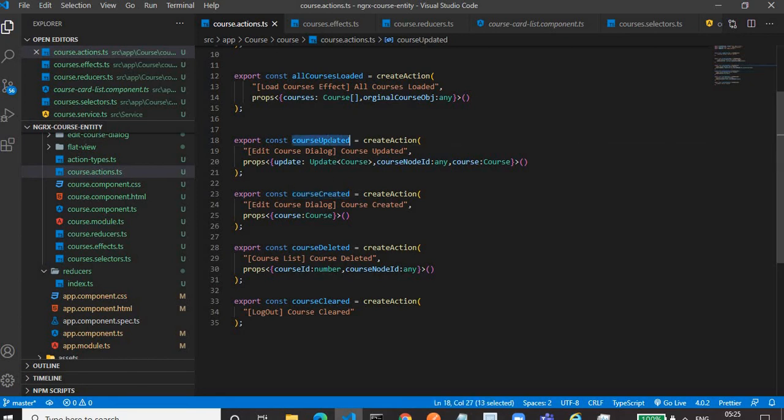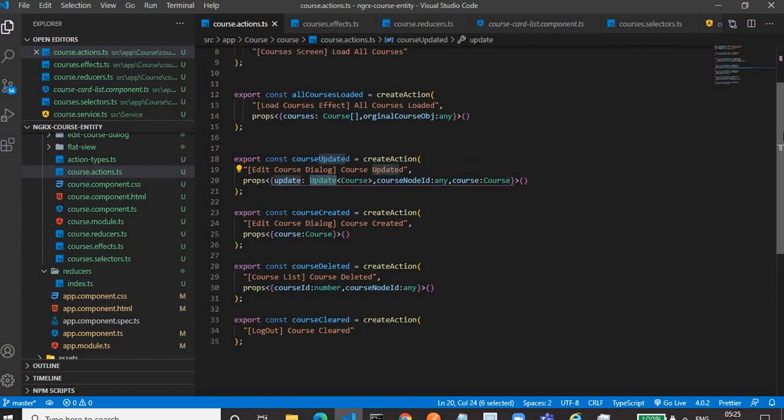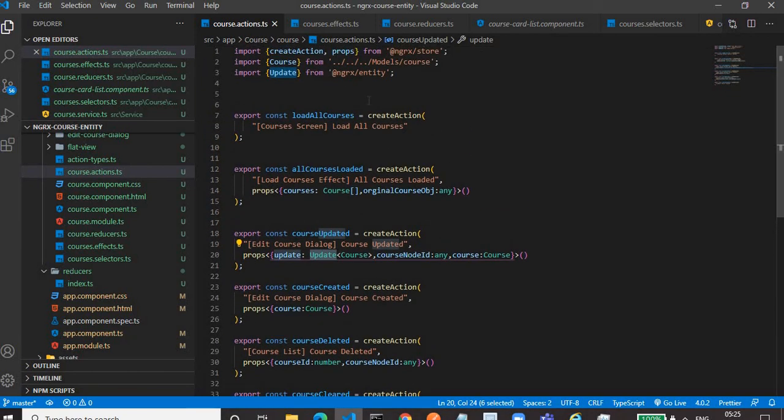So this is the action, course updated. It has a type as well as props, in which we have an update prop of type Update. This Update we are getting from @ngrx/entity, and this is necessary for the edit case. An update of which type? Of Course type, of the Course entity.